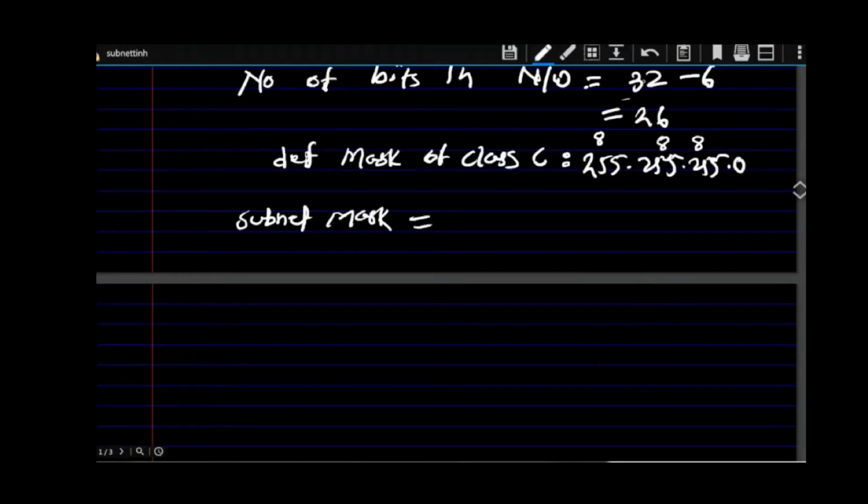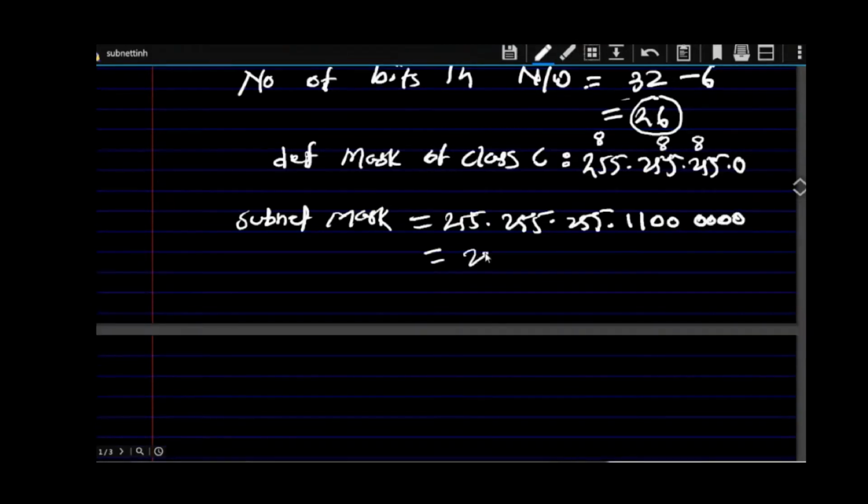In the subnet mask, how many ones have you got? In the network address, you have got 26 ones, and in the default mask, there are 24 ones. So this will be 255, 8 ones, 255, 8 ones, 255, 8 ones, plus 2 more ones. These are 24 ones, plus we require 2 more ones, making 26. Then all remaining zeros. So this becomes the decimal equivalent 255.255.255, and 128 plus 64, 192. Am I right? So this is the subnet mask that we have found.